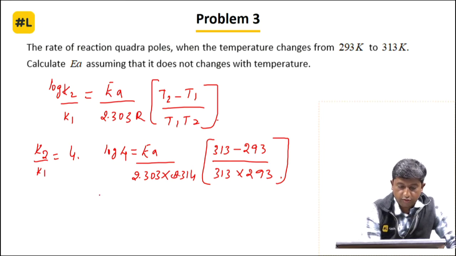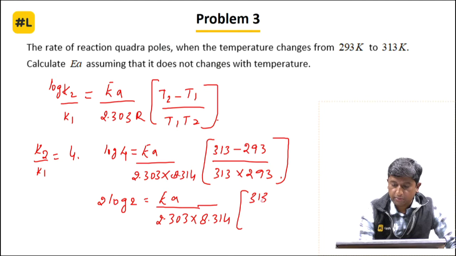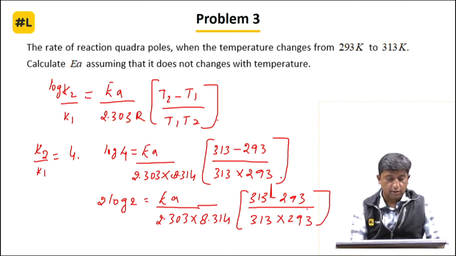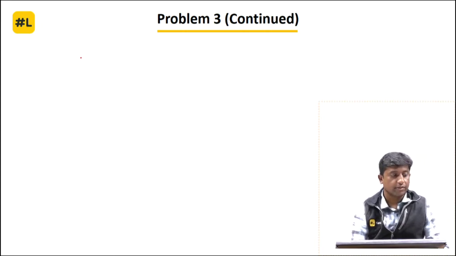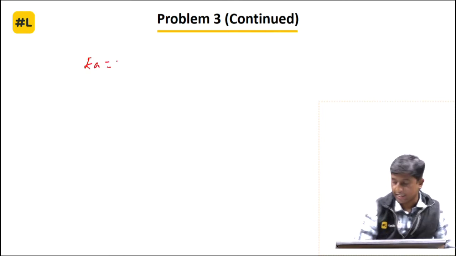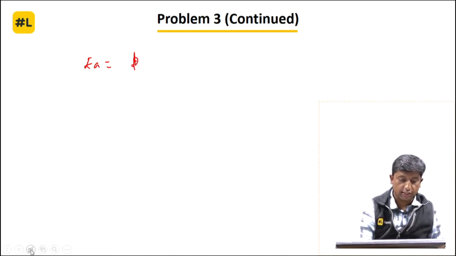Okay. So here log 4 can be written as 2 log 2, which will be equal to EA divided by 2.303 into 8.314, into 313 minus 293 divided by 313 multiplied by 293. Okay. Students, on simplification we know that log of 2 is, what is the value of log of 2? It is 0.3010. Very good. So the energy of activation I should calculate here. Energy of activation, we should take the log of 2, that is 2 log 2 is nothing but